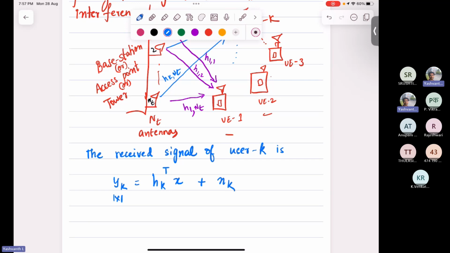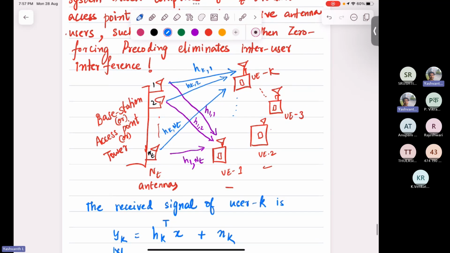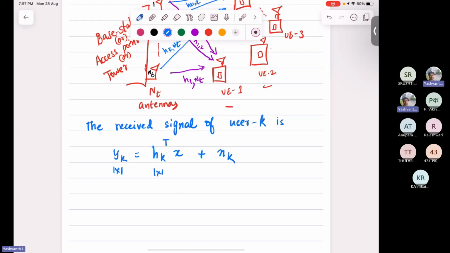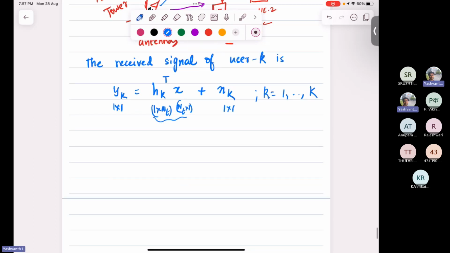Here hk transpose is the channel between the base station or the access point and the kth user. So it's a 1 cross nt, and x is the transmitted vector from the tower, so it's an nt cross 1 vector. So it's an inner product between two vectors. This is 1 cross 1, and k ranges over all the users. It can be for any user. I'm considering one particular user, small k. How do I transmit x? x is equal to